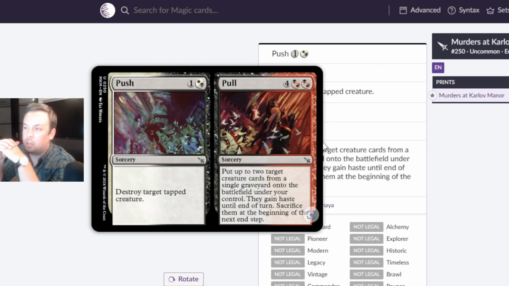All right, uncommon, another Mythic Mike banger that's probably not meta, but this one's epic, guys. Push 1 and either white or black, sorcery, uncommon, destroy target tapped creature. That'll do, right? That'll do. But the thing is, we have this not perfect removal at sorcery speed, but then for 6,